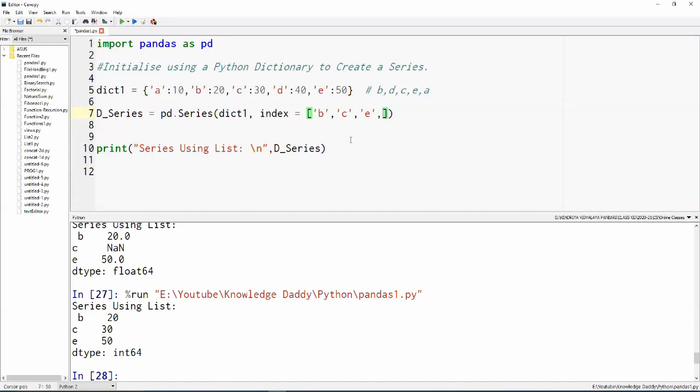For example, we provide an index position, suppose x. Now this x index position is not previously present in the dictionary, but we are trying to import that value into the series, right? Once we try to do that, it will try to find this x key in the data which has been provided in the series.